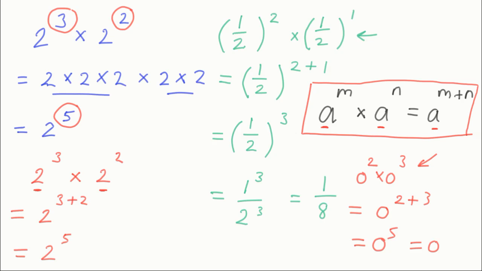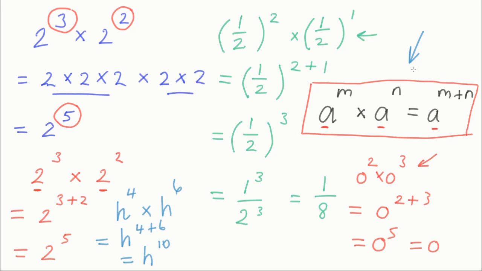There was one other thing I didn't mention about the index law. The bases can be letters as well, or combinations of letters. So you could have something like h to the 4 times h to the 6, and keeping the base we would have h and then 4 plus 6, adding the powers, and that would equal h to the power 10. So the index law applies to any letters, combinations of letters